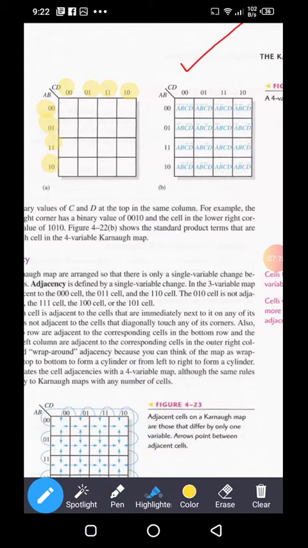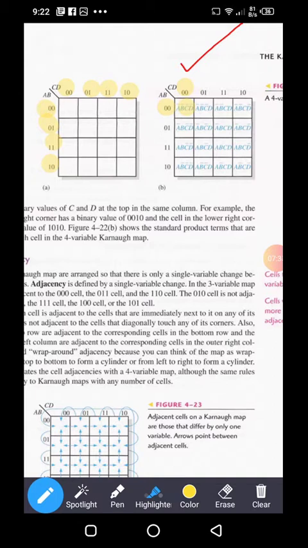Okay, so if I give you an example of this cell, what is the value of this cell? The value of this cell is 0 0 0 0. Why?